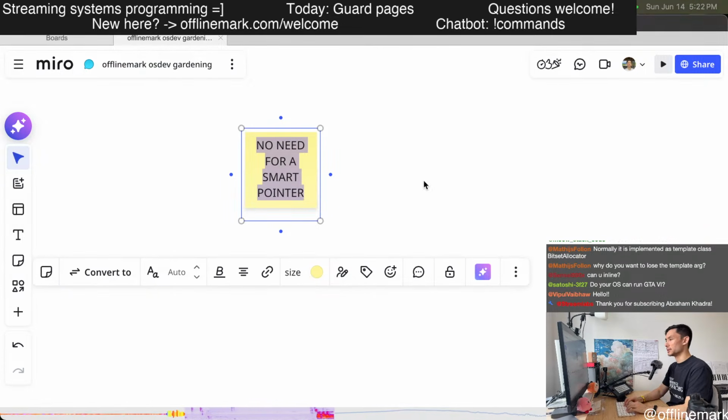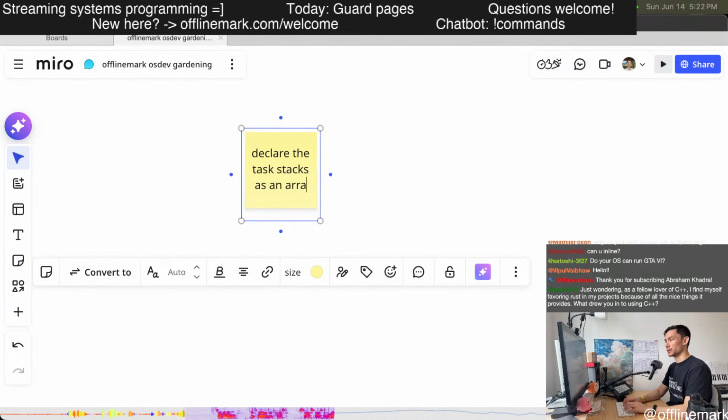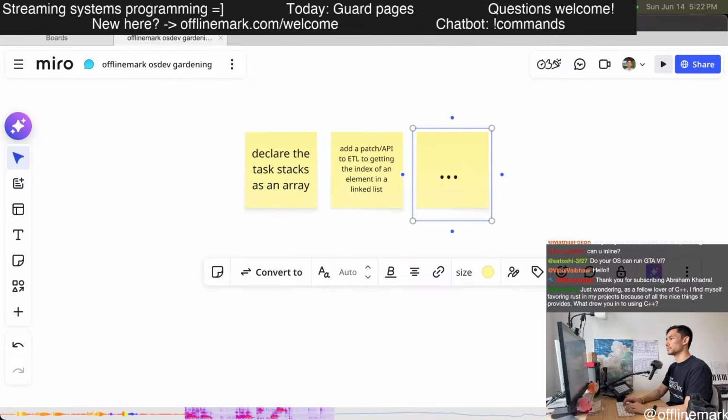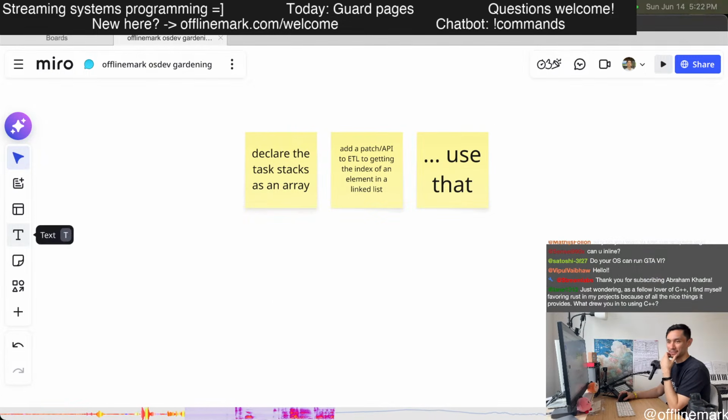So on a high level: declare the task stacks as an array, and add a patch API to ETL for getting the index of an element in a linked list. Something like this. I think it's going to be pretty simple.